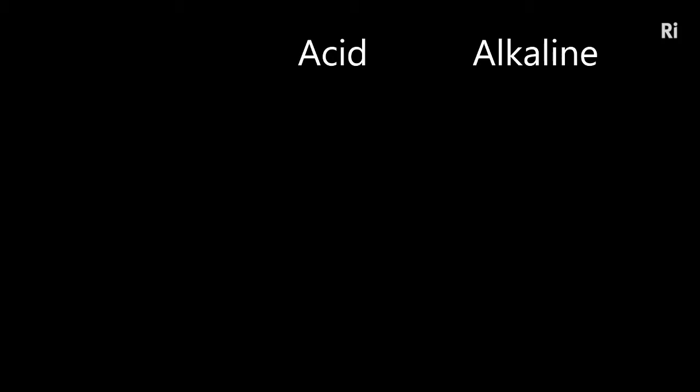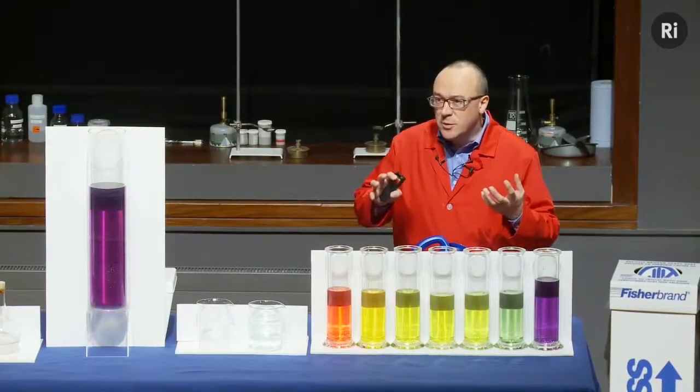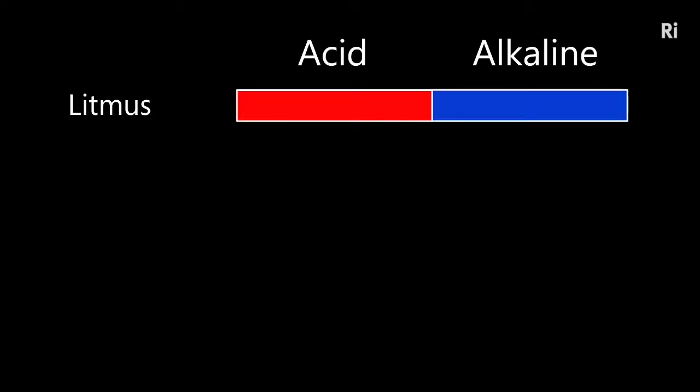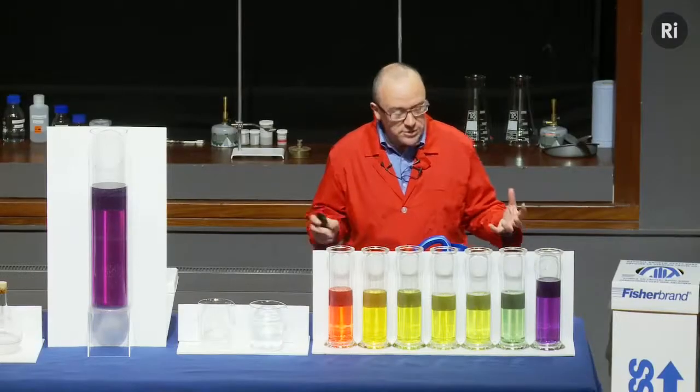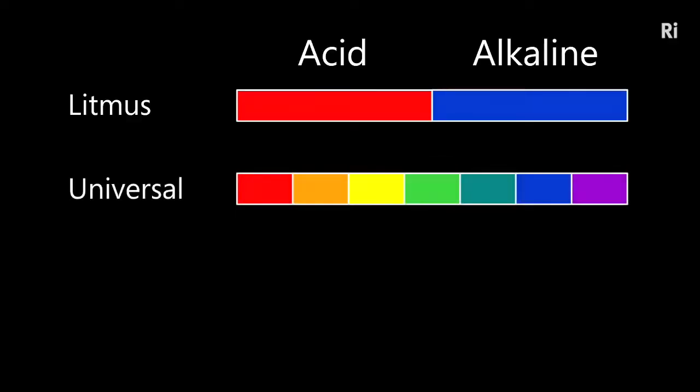Now, we can use certain substances to tell us whether a material is acid or alkali, and probably one of the most famous of these is called litmus. So litmus is a material which is red in acid conditions and it's blue in alkali conditions. But there are lots of other indicators, and the one we used in this experiment was called universal indicator. So this has a range of different colours. It's red when things are strongly acidic, in the middle where things are neutral it's green,